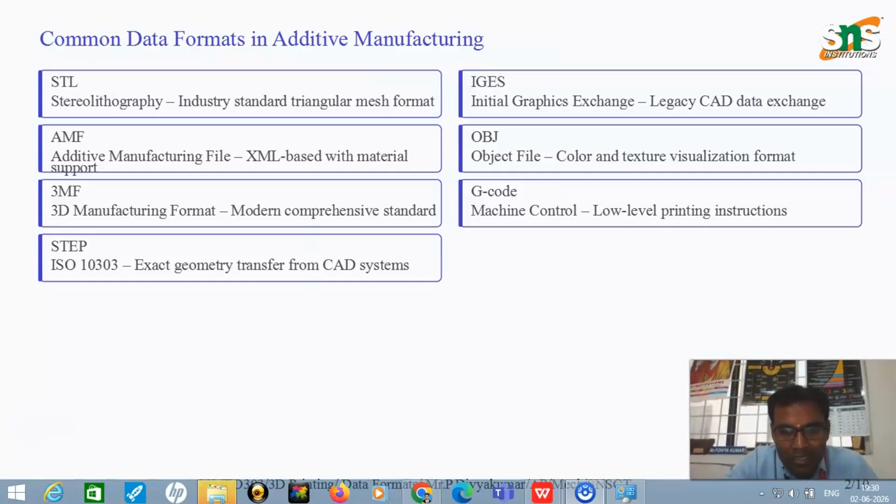The major advantages are compact file size, higher accuracy, support for advanced manufacturing data, elimination of common STL errors, and it is also majorly used in Industry 4.0 environments. The major applications of this format are that it is majorly used in metal additive manufacturing processes, multi